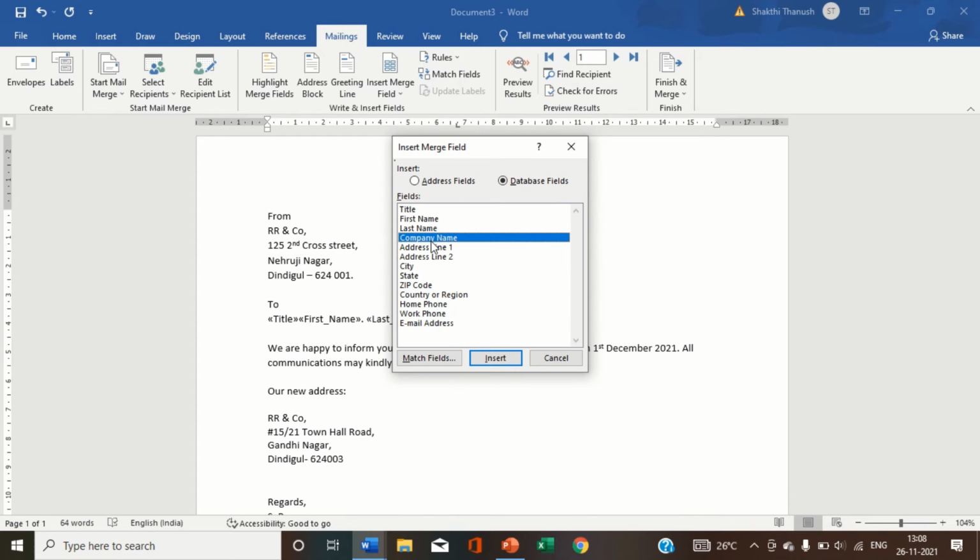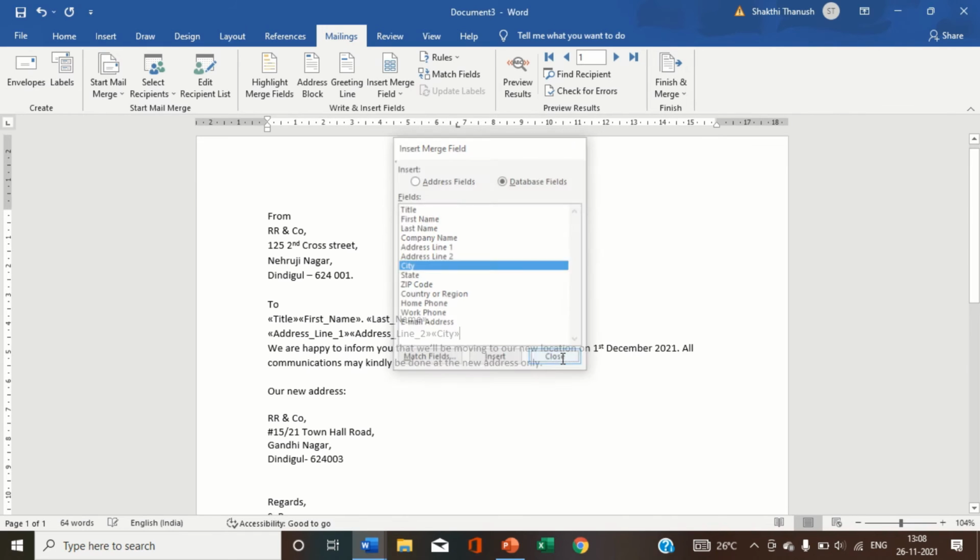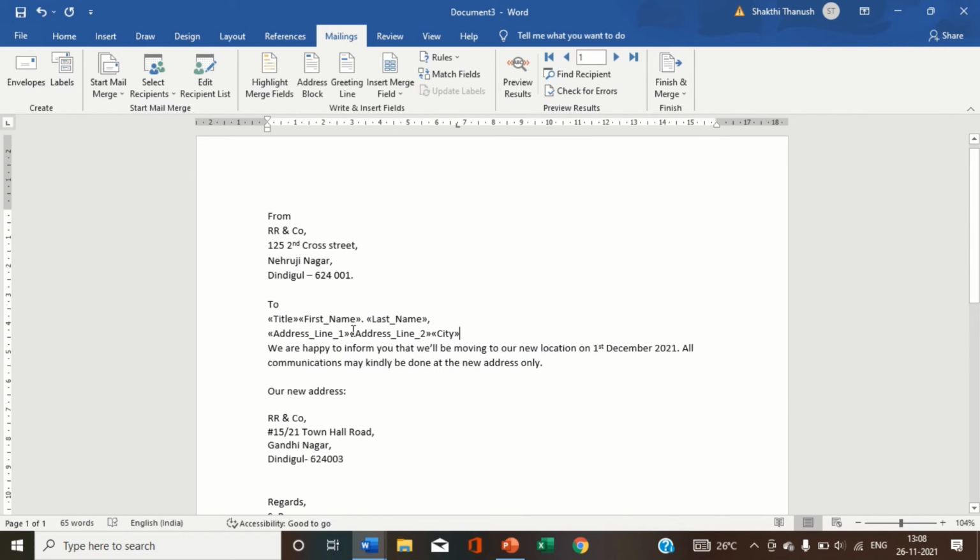The company name we have not yet created. So address line 1 I'm inserting. Next address line 2 I'm inserting, and city I'm inserting. I want address line 1 and address line 2 in separate lines.